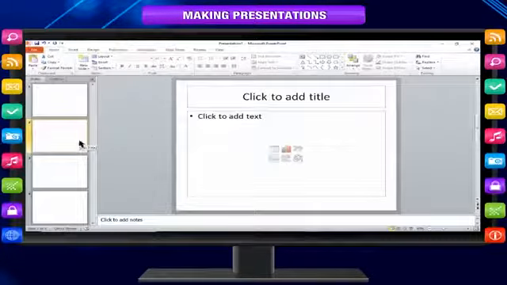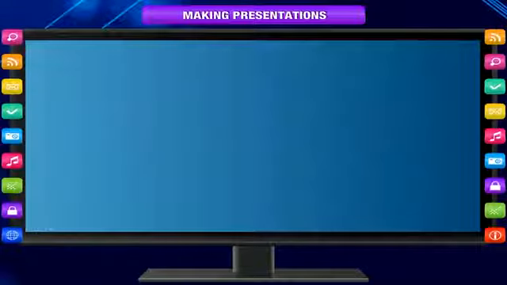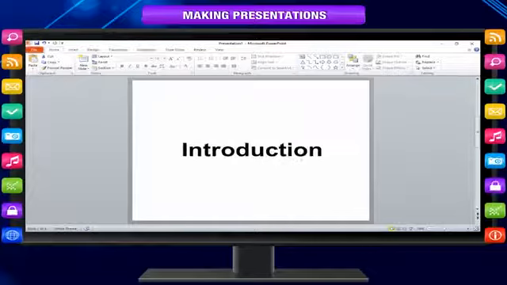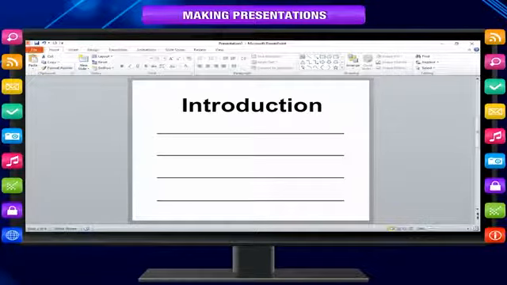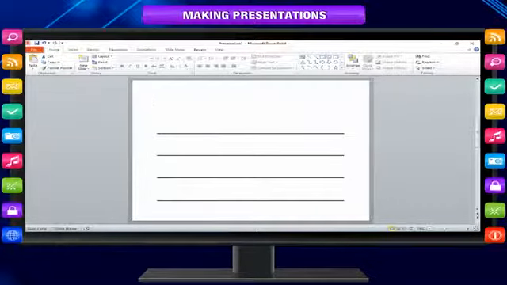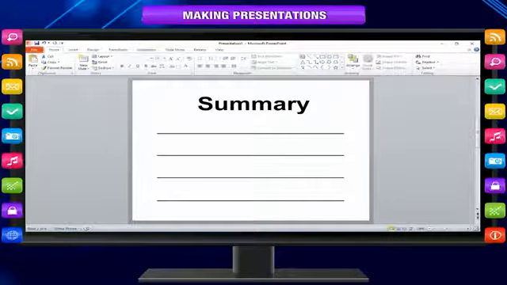To calculate the number of slides that you need, make an outline of the material that you plan to cover and then divide the material into individual slides. You would probably need at least the following: a main title slide, an introductory slide that lists the major points or areas in your presentation, one slide for each point or area that is listed on the introductory slide, a summary slide that repeats the list of major points or areas in your presentation.